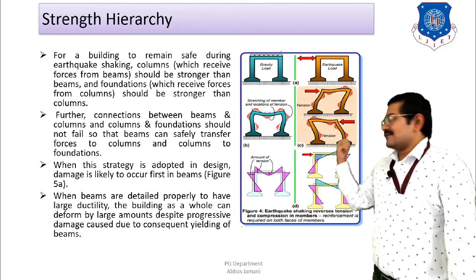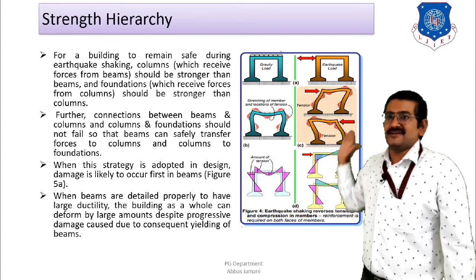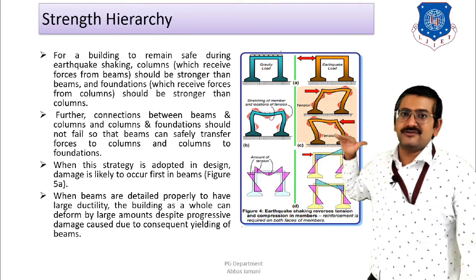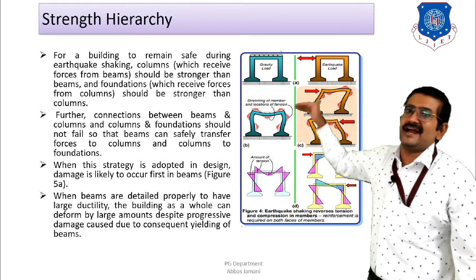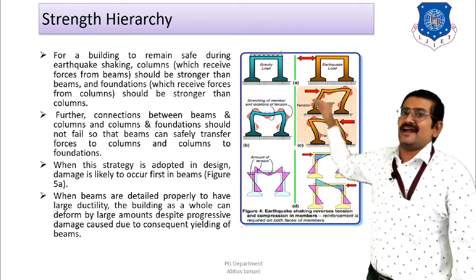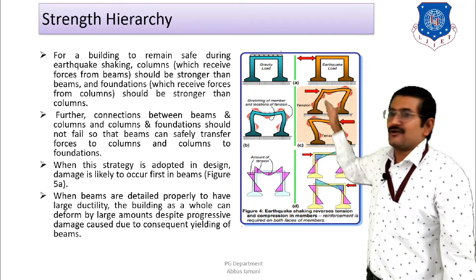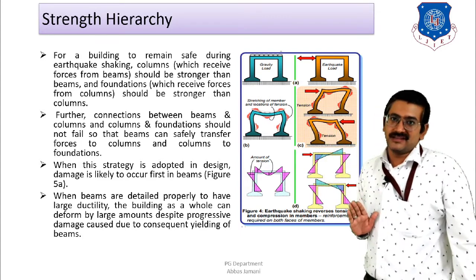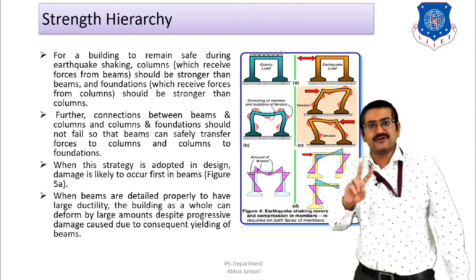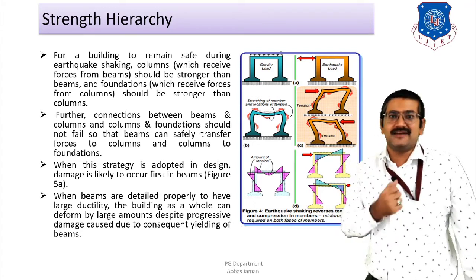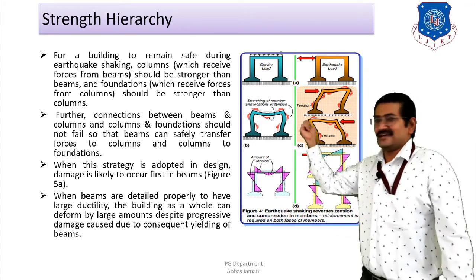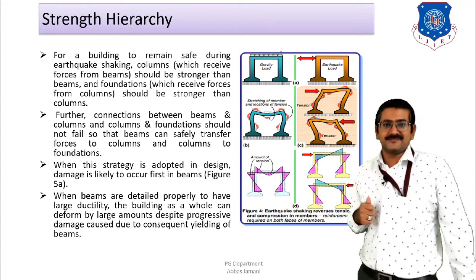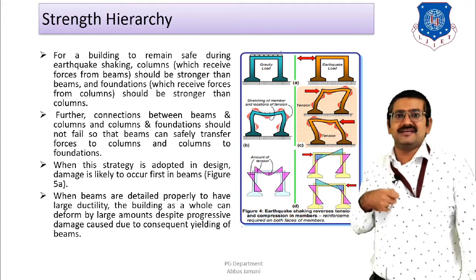Right? So what is going to happen is that whenever the force is considered from the other direction, that is the third figure that you can see over here. In the third figure, you can see that the horizontal force is applied from right to left. So when the force is applied from right to left, the column on the right side is going to undergo tension, and the column on the left side is going to remain in compression. So now you can see the situation is entirely reversed as compared to the first case. In the first case, the left column was in tension, whereas in the second case, the right column is under tension. Now what is going to happen in case of the moment diagram?